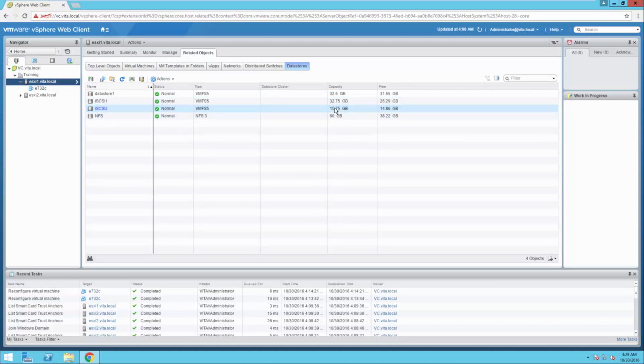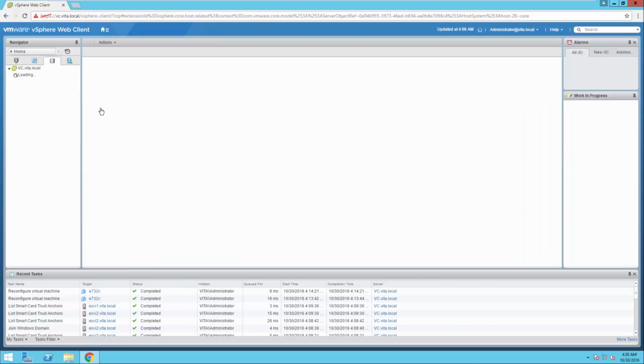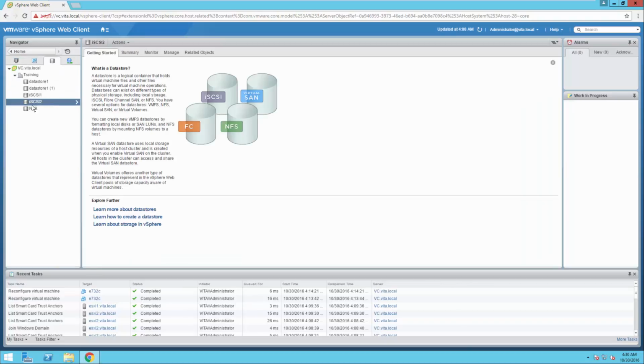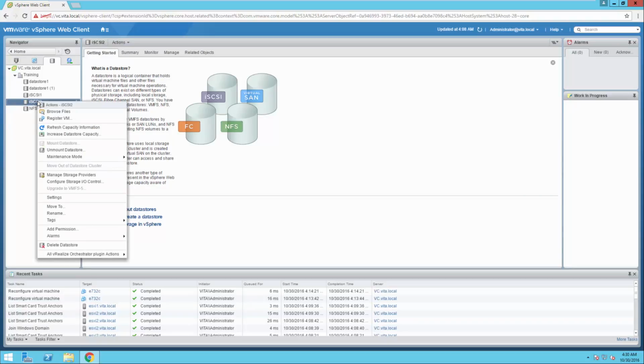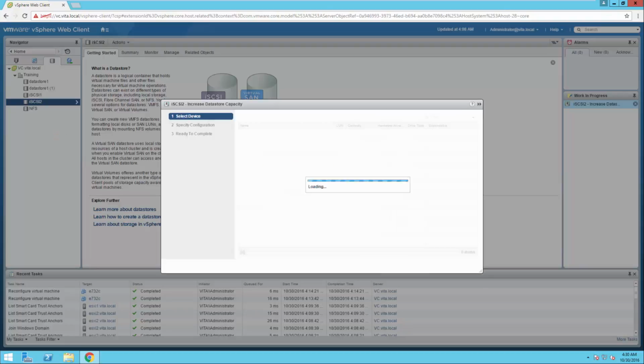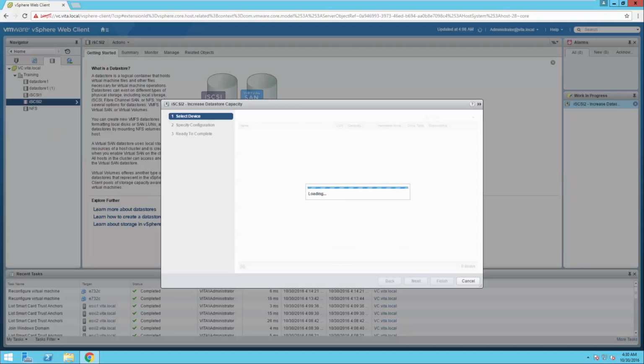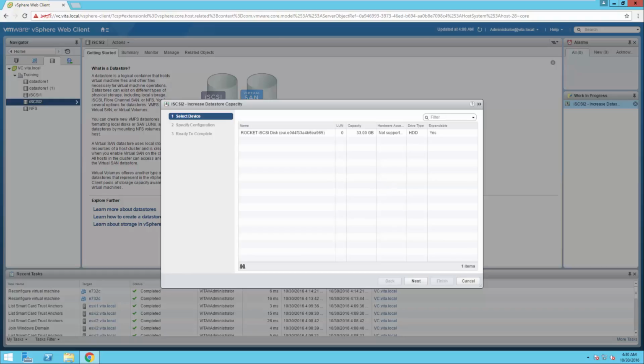So current capacity is 15.75. So once we're here, I didn't mean to do that, but that's all right. I'm going to right click and I want to increase datastore capacity. Let the wizard spin up. Select the disk we want to do. Click on next,